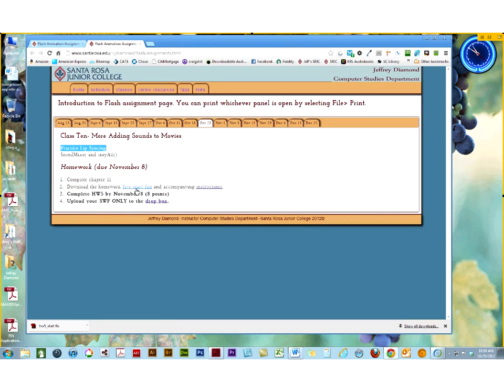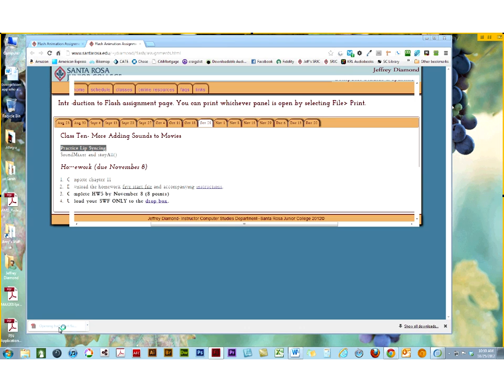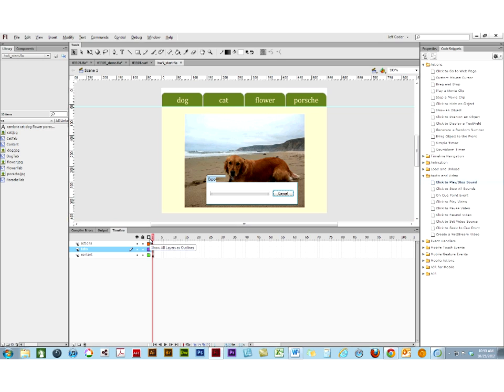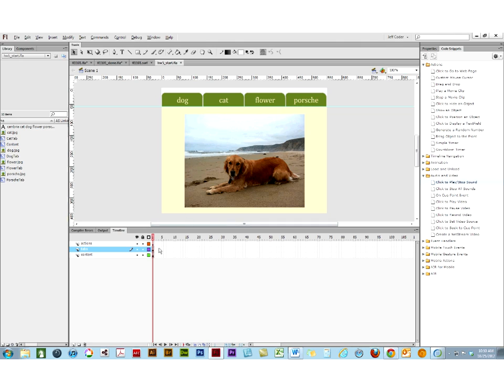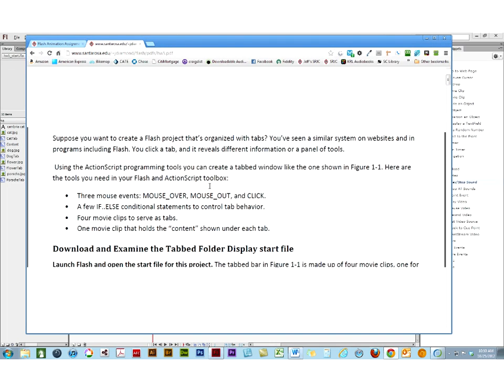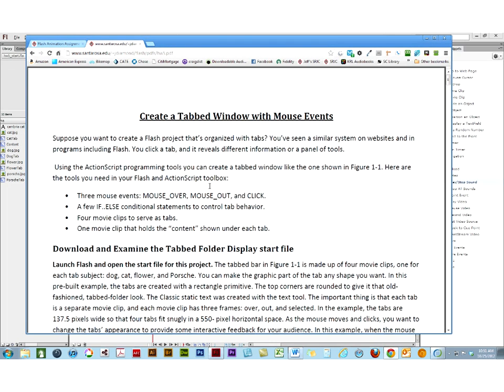And this is an assignment that you have 2 weeks for. I'm just going to touch on it right now. It comes with a start file that we see right here. And the way this file works, when I publish it, is it's just running like that. The idea is that you are going to follow the instructions on the instruction page to be able to use these tabs and swap out the images that show up here. So if I go to the instructions page, you'll see that this